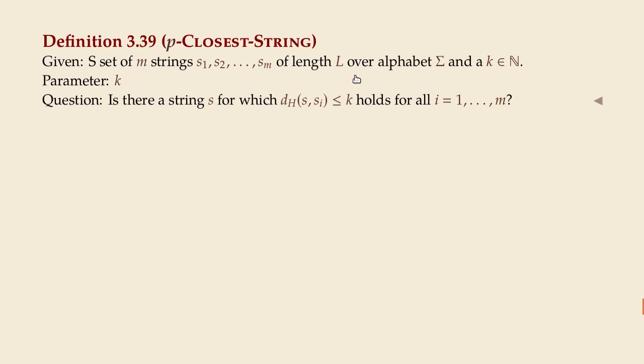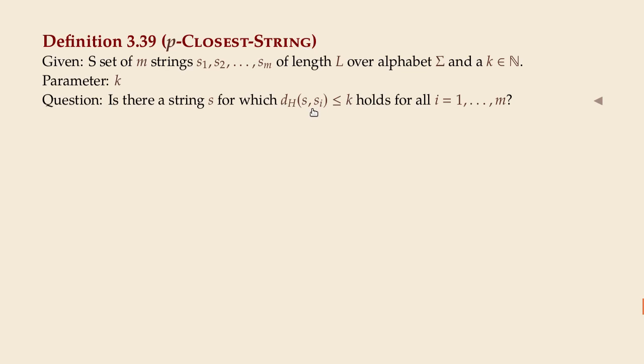And this is an important restriction here. Over some alphabet, and we're also given a number, so we consider the decision problem. And the parameter is also this k again. And we're looking for a string that's close to all of the strings in the input. So it's like it says, the closest string. Since it's a decision problem, we ask for, is there a string that has at most k mismatches to any